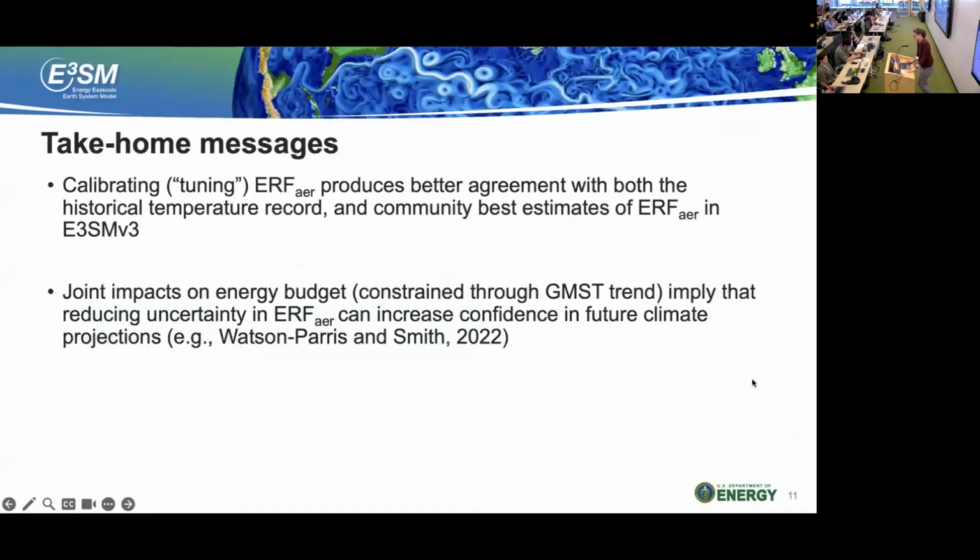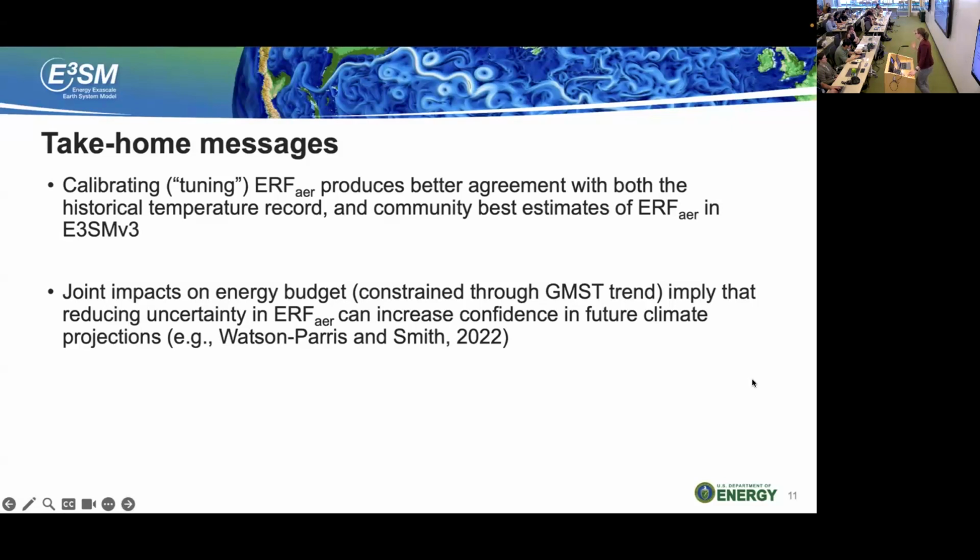So with that, I'm going to end my talk by coming back to the point I made at the beginning, which is that we do have these joint impacts of aerosol and climate sensitivity on the energy budget. Because of that, we think that's an argument for why it can be justifiable to systematically or intentionally calibrate ERF aer to get a good agreement with the historical temperature.